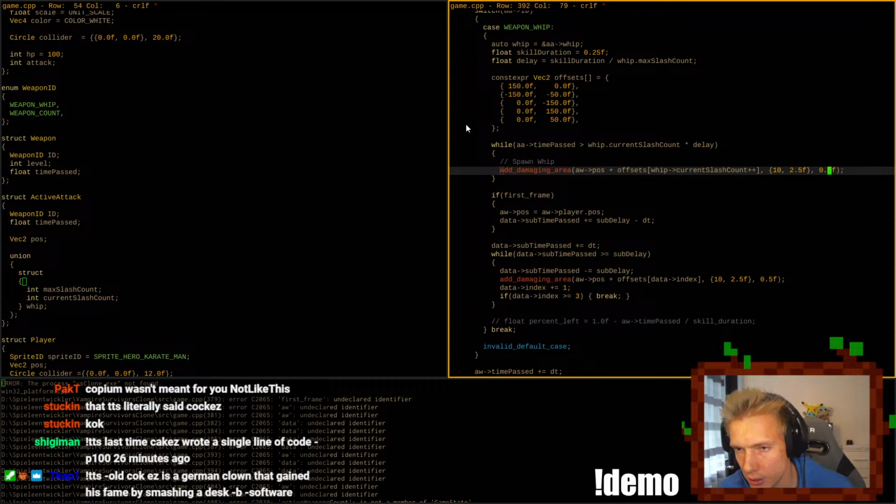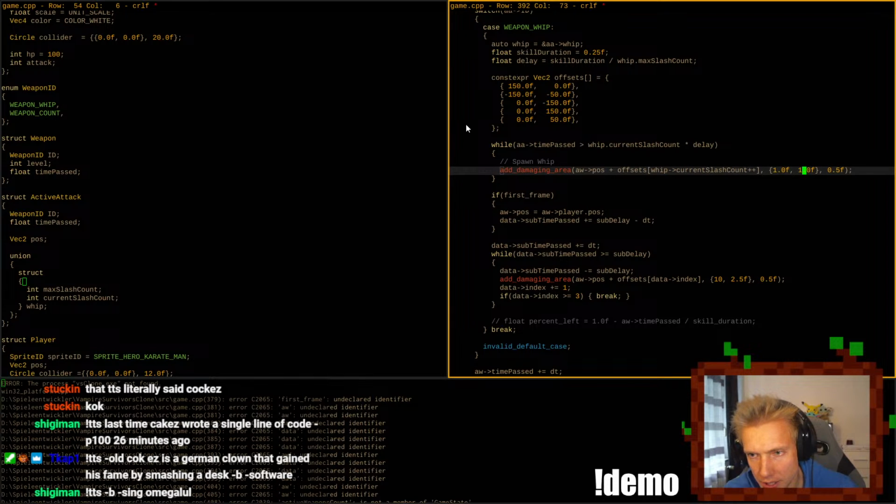So I don't know about those scaling things here, but I think this is times 10 and times 2.5 in X and Y. I wanted to make it so that we scale in X by 1 and by 1 in Y as well, in this case.